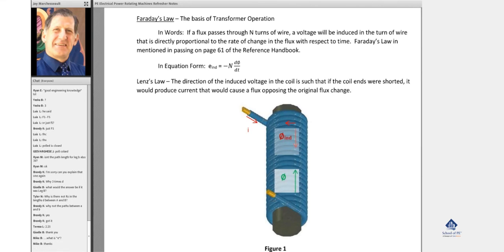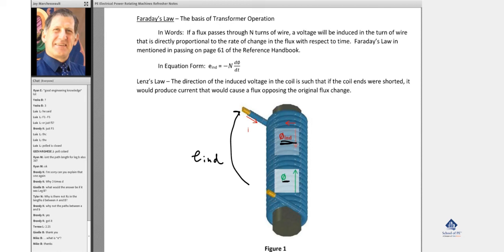Let me spread this out a little bit and get my drawing tool up. That would be the induced voltage here, E induced. So basically what it's saying is as this flux changes with time, it induces a voltage, and the polarity of that voltage is such that it will induce a flux, phi induced, that opposes the changing flux that produced the